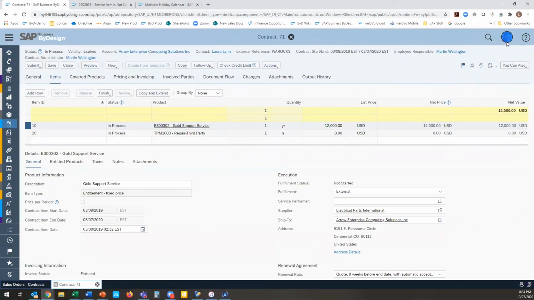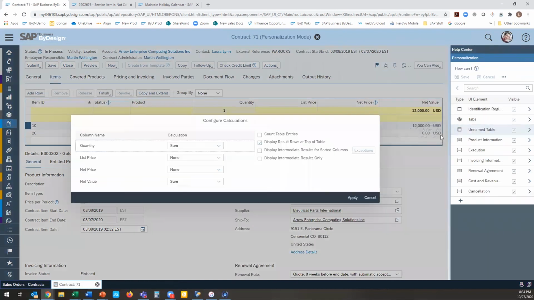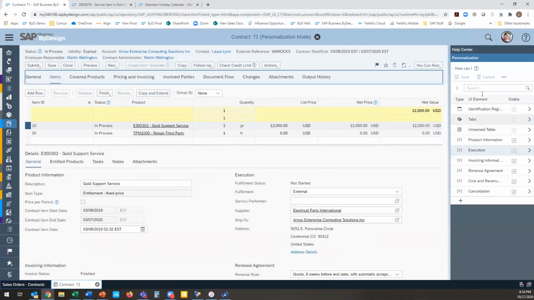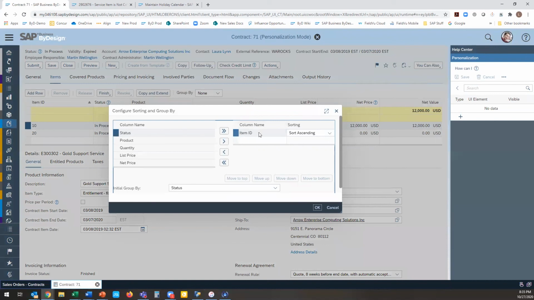Now your other options. If I want to go back into my personalization mode, you've got your different table grouping. So I can display intermediate results for sorted columns. If I went back into my sorting and grouping, I've got item ID as an option in here. So if I chose that, then every item that I had in my contract would deliver me a different table